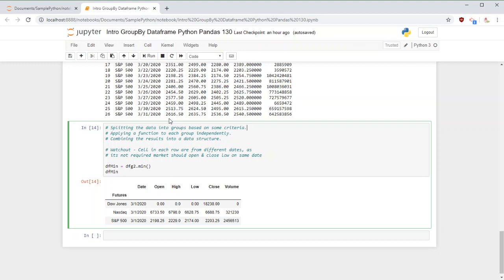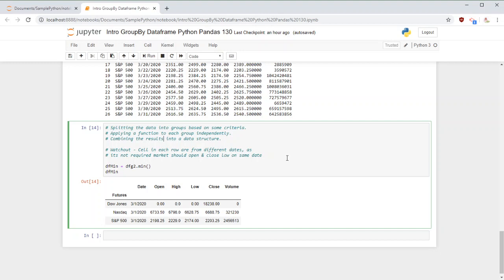If you look into the Python pandas documentation, this process is called splitting the data, then applying the function and combining the results. That way you can slice and dice the way you want and get the results you need.